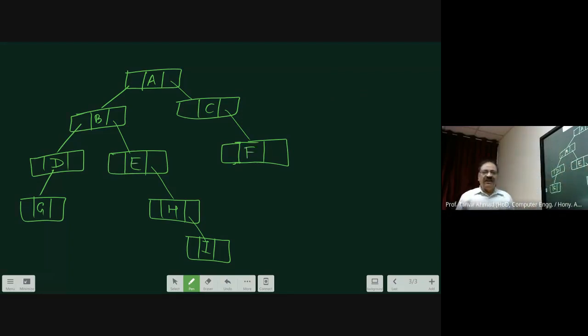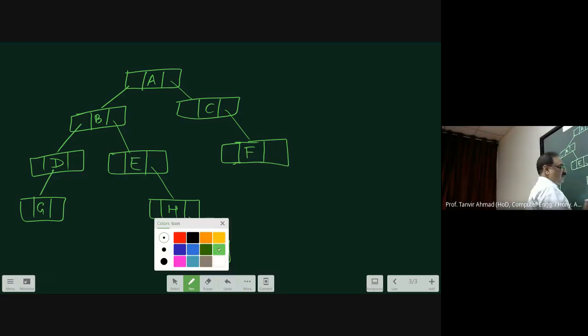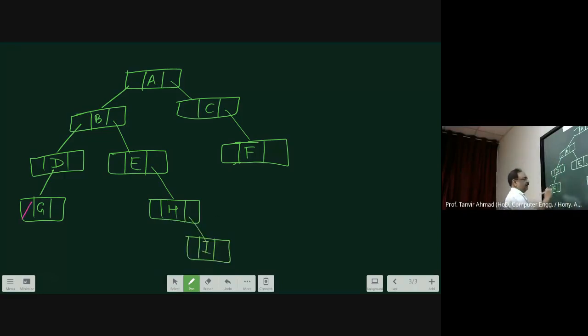Correct? Now this is the double linked list implementation of the tree. Now here, what I am going to do is put all the null values. Therefore, here what is happening? You are putting a null over here, a null over here, and a null over here.